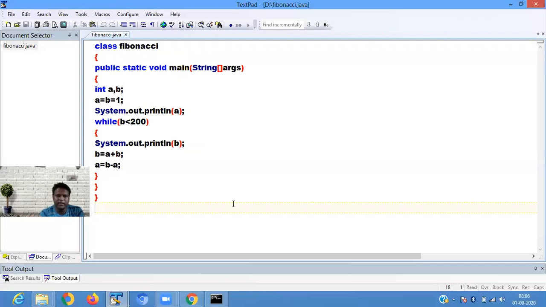Now we're initializing the values, a equals b equals 1. So in a and b we're initializing the value one.